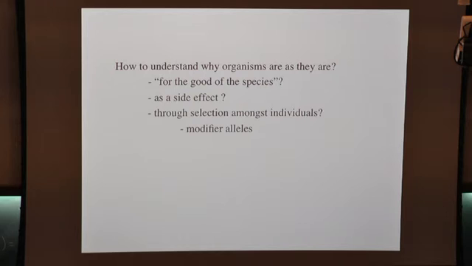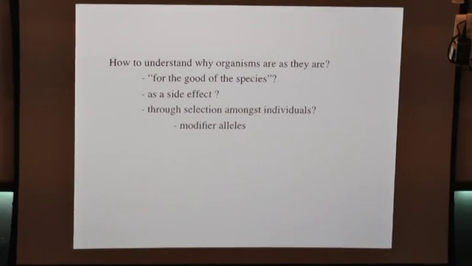And he articulated very clearly that sexual reproduction was a good thing in the long run because it generated new variation by shuffling attributes of different organisms. And I think Darwin appreciated this as well. So in a general sense, people appreciated that somehow sexual reproduction generated novel combinations of characters and was good for the species. And this was accepted without people thinking about it very clearly. In fact, many features of organisms were just accepted as being the way they were because it was a good thing in the long run for the species.